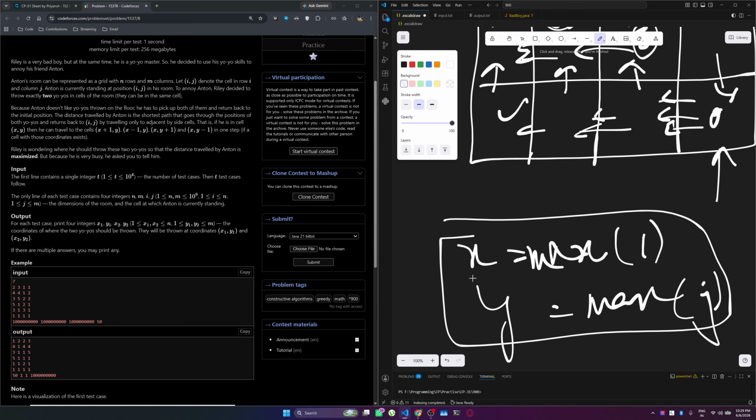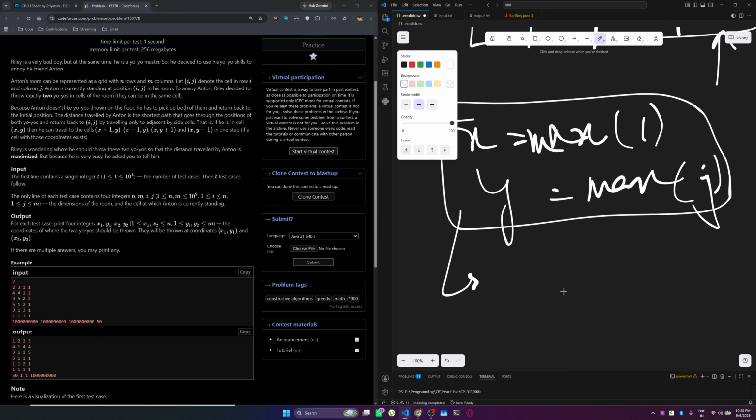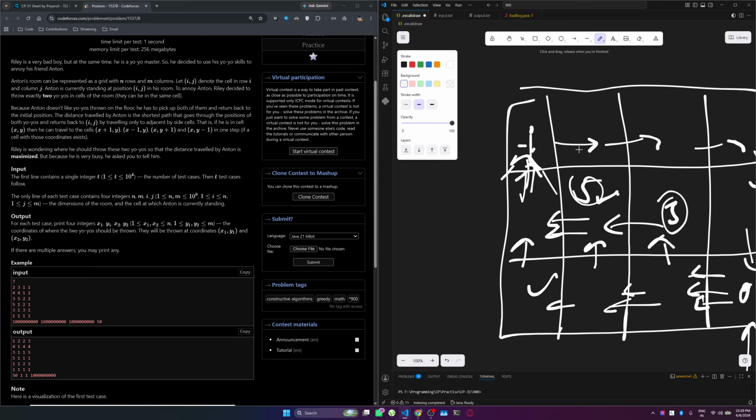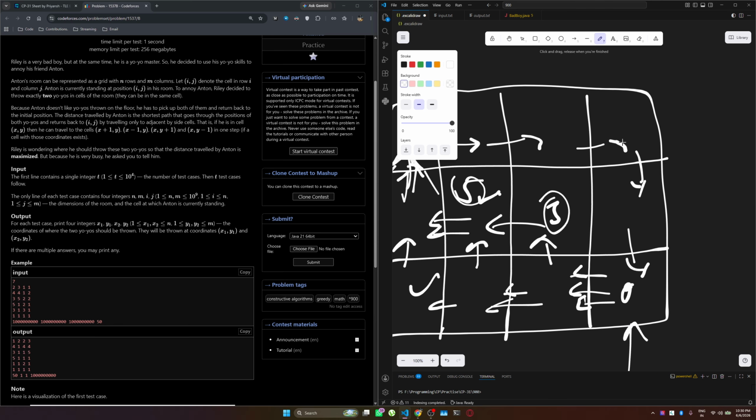And after that, it's just going to take the same amount of steps to go back to 0, 0 as it did coming here. And we can place the second yo-yo anywhere. He'll just pick it up on the way, right? Or, wait a minute. If you place it here,